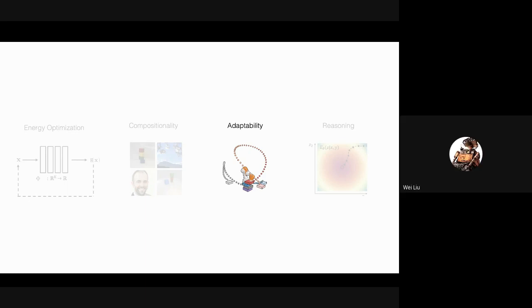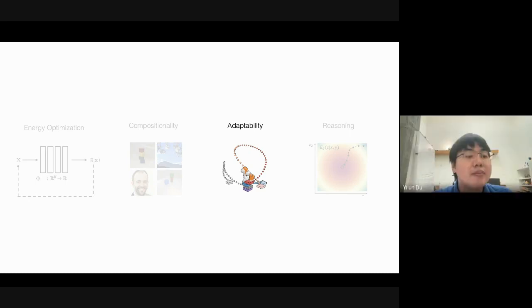Yeah, I have a question about this composability. So you mentioned that, say, for example, you train two energy functions and then you try to combine them. Do you need to do another kind of training, or do you just take the trained models and directly apply that? Yeah, so we directly apply it.